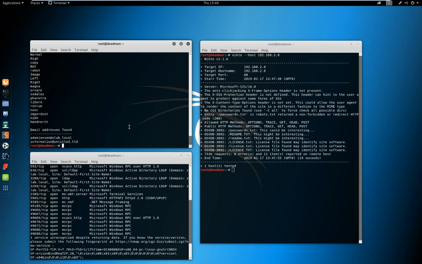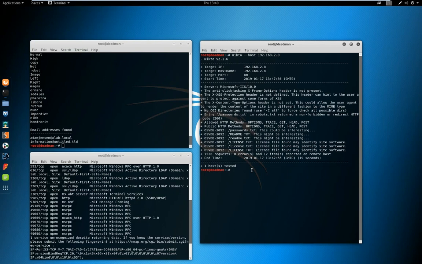I tend not to attack shared services first. I tend to go for humans. They're more likely to have A, user accounts and not shared mailboxes, and B, we're more likely to be able to get some intel on them or guess a password or search Have I Been Pwned for a previous breach, look at a GitHub, etc. There's lots of ways that we can get more intelligence around a human and potentially employ social engineering to attack